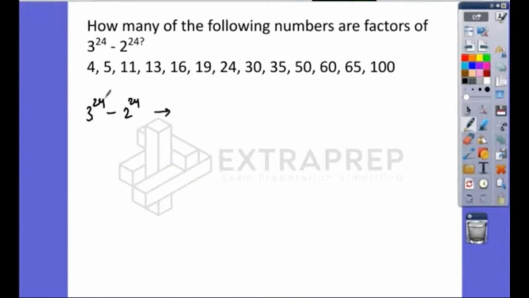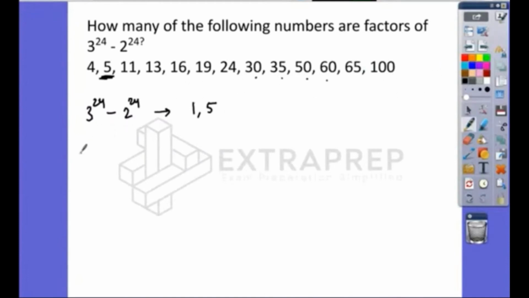See, x power n minus y power n is divisible by x minus y when n is a natural number. It's divisible by x plus y when n is an even natural number. So it's divisible by 1 and 5. Just because this particular number is divisible by 5 does not mean it's divisible by 30, 35, 50, 60, etc. If a number is divisible by 30, it will be divisible by 5. But if a number is divisible by 5, it need not be divisible by 30. So you can't mark all these and find the answer.